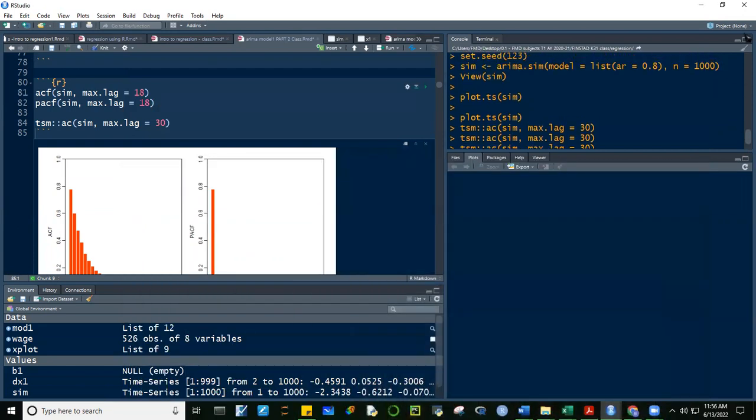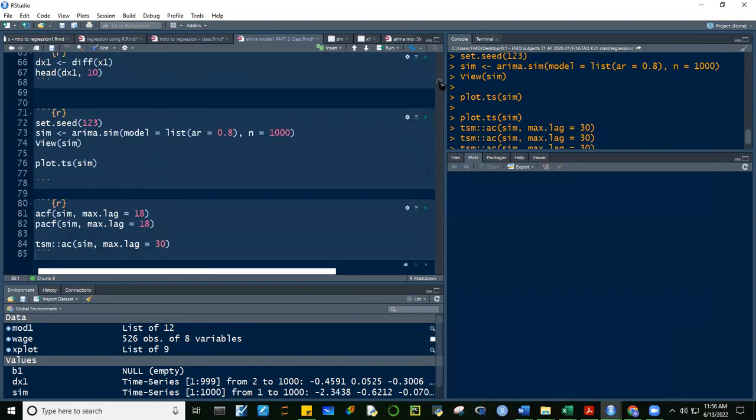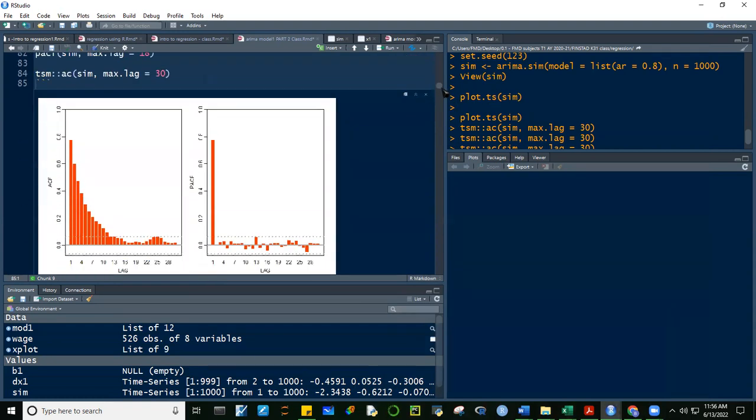Tingnan niyo yung ARIMA.sim natin dito. Yan, di ba? Ito, no? ARIMA.sim, yung model natin, list is equal to AR component 0.8. Ito AR1 lang, di ba? AR1 lang. So, if we take a look at our plot,